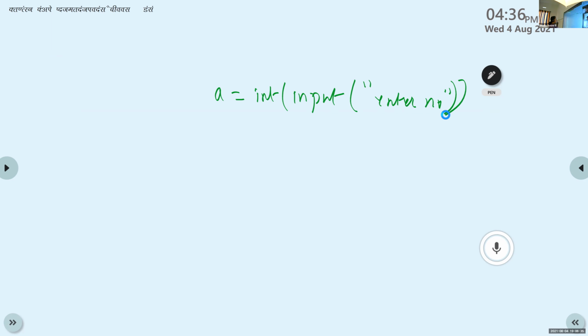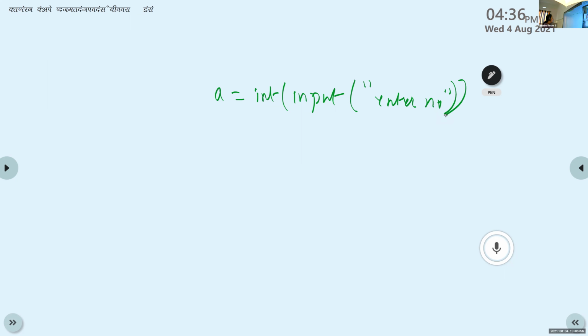B equals input, enter number. Which program is this, Rahul? It is R equals A star 3.